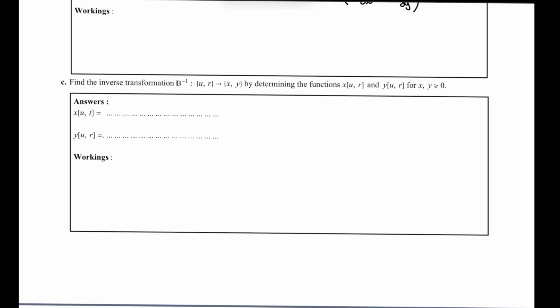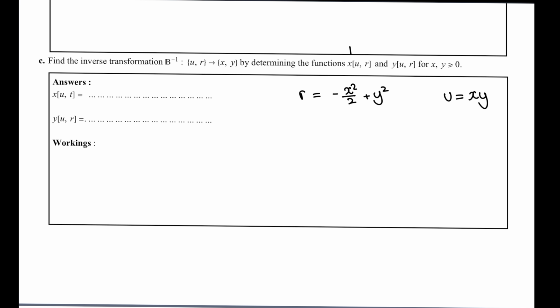Cool. Find the inverse transformation, so b minus 1, so this time u and r map to x and y, by determining the functions x, which is a function of u and r, and y, which is a function of u and r. Okay, so right now we have the function r is equal to minus x squared over 2 plus y squared over 2, and we also have the function u is equal to xy. And we want to make x a function of u and r, and then y a function of u and r. So in order to do this,